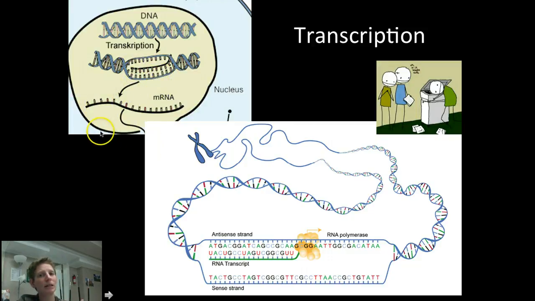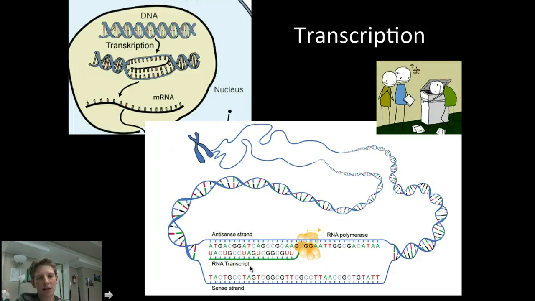What I mean by not an exact copy and just a representation is that the base pairing rules are slightly different. Instead of A's bonding with T's, when you are transcribing your DNA to RNA, your A's bond with a new base called uracil, which is a U. So as you can see down here, A bonds with U. Everything else is the same. T bonds with A, G bonds with C, but A bonds with U. C bonds with G, G bonds with C, G bonds with C, A bonds with U. So just keep that one slight difference in mind.